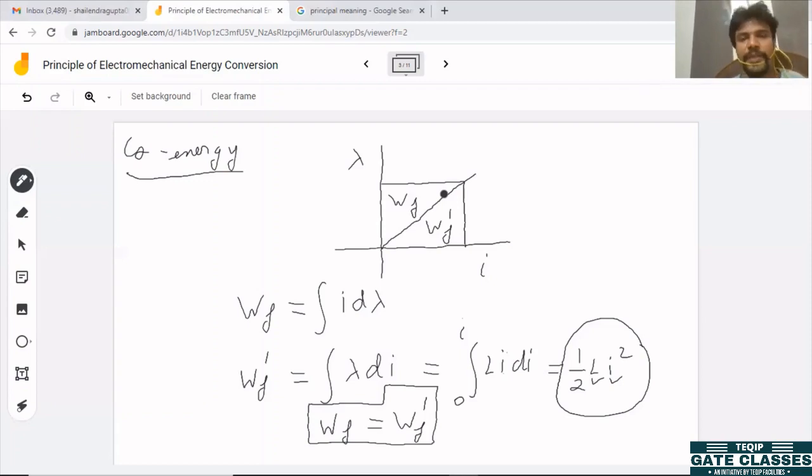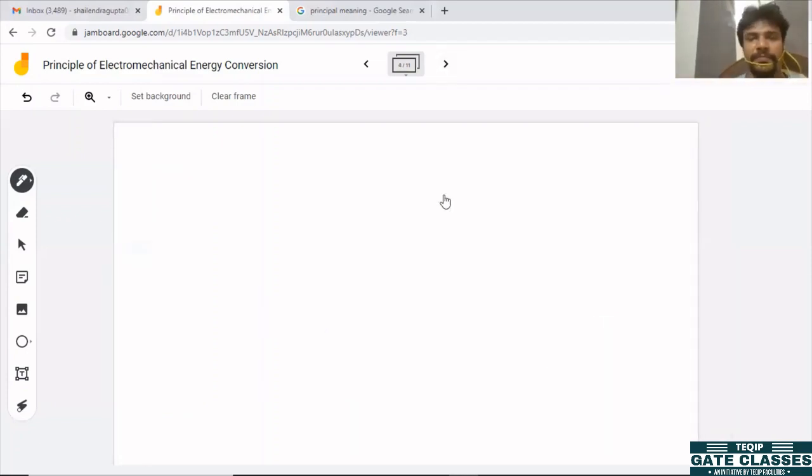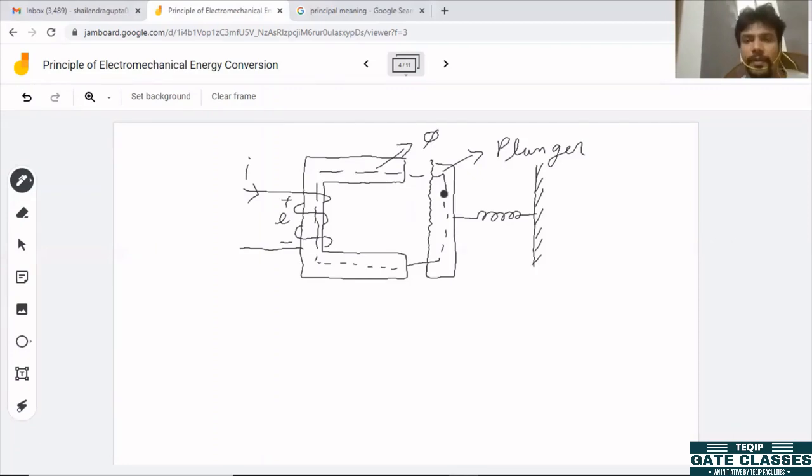Now we have assumed here that there is no mechanical work done. So now let us go forward and include that as well. Let us say that we have given sufficient excitation and the plunger now can move. Here the plunger is movable. So let us say that the initial position is x1 and the plunger moves to x2 position, or the plunger moves by dx length.